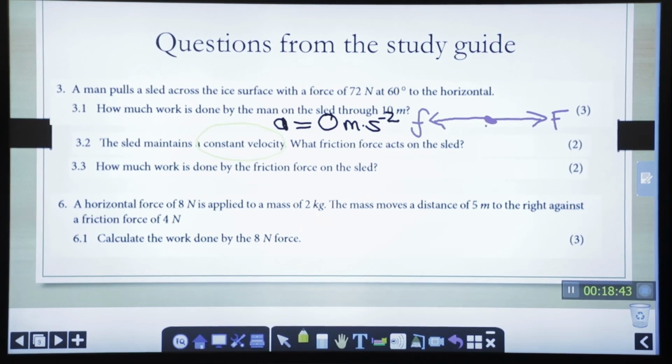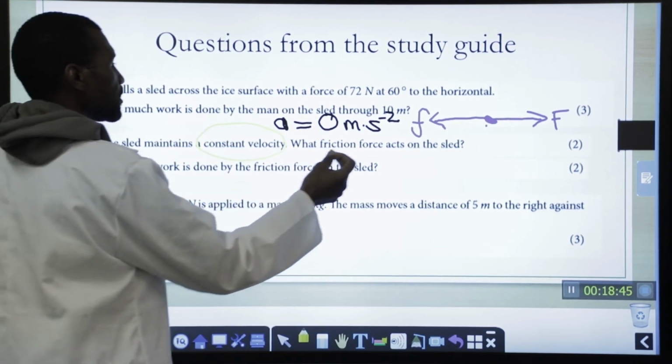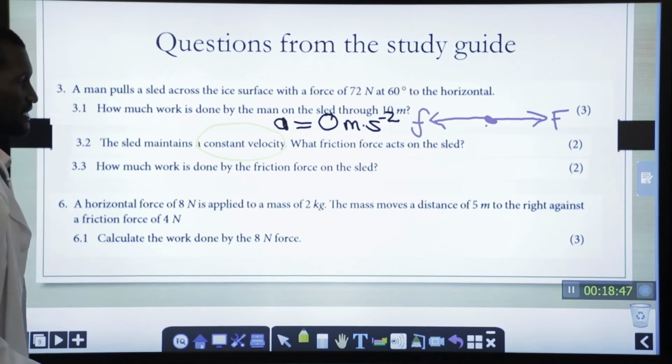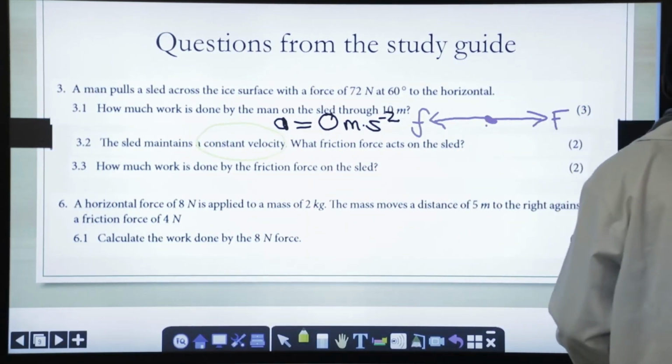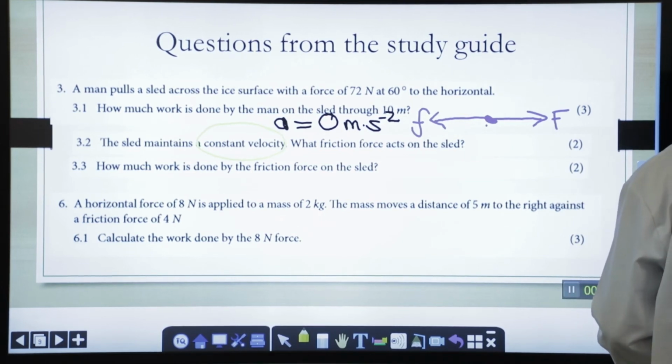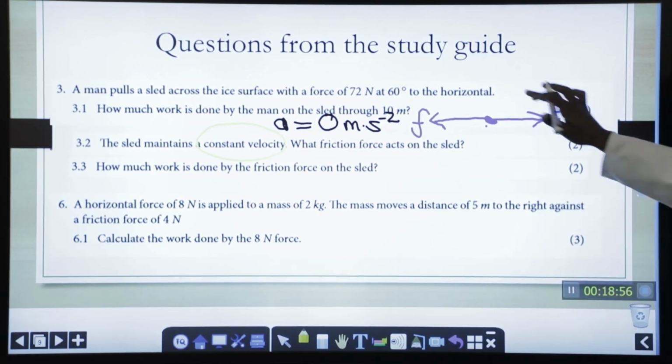Now the question is asking, what frictional force acts on the sled? In other words, the frictional force, small f, is going to be equal to the force